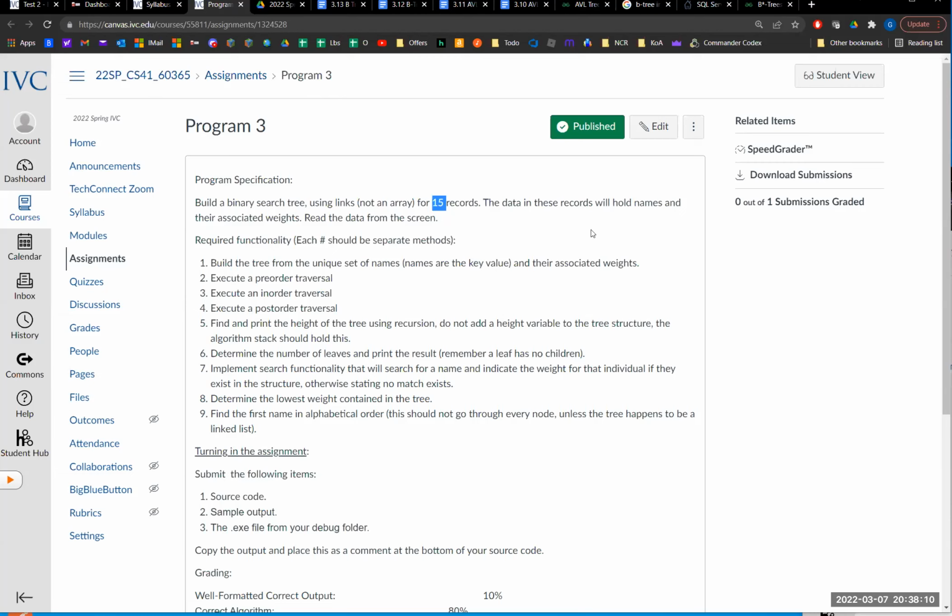Key data is going to be the name, all right, and the weight is just the secondary data point. Various traversals, all right, these are pretty easy. We've done some of these in the labs. Let's carry them over. Tree height,